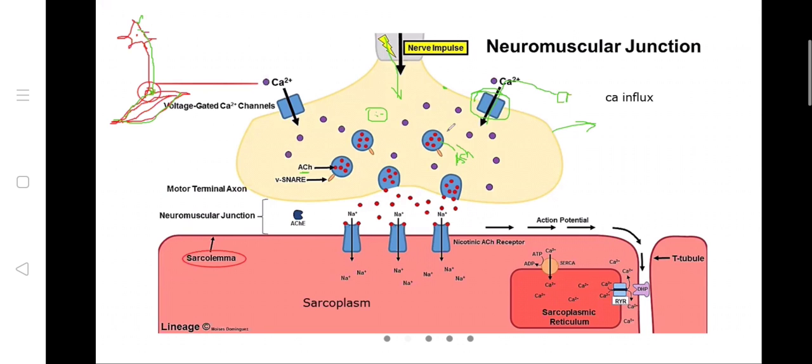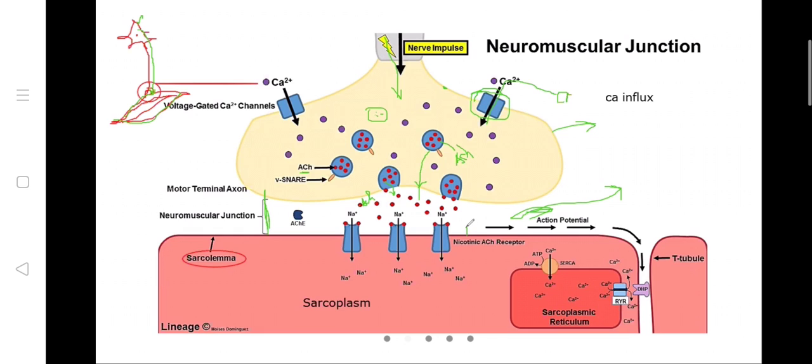What will happen now? This vesicle will move towards the peripheral membrane. It will attach here, it will fuse, and then it will release all the neurotransmitters into the cleft. This is the gap. In the neuromuscular junction gap, it will release all the neurotransmitters. I told you these reddish things are nothing but acetylcholine, the neurotransmitter. Once this acetylcholine is released in the neuromuscular junction, this gap, on the surface of the muscle, the sarcolemma, the cell membrane of the muscle, you have many receptors for acetylcholine.